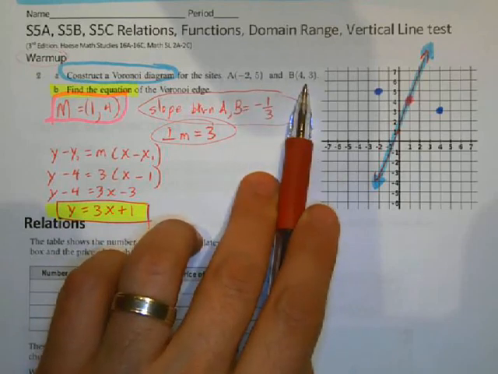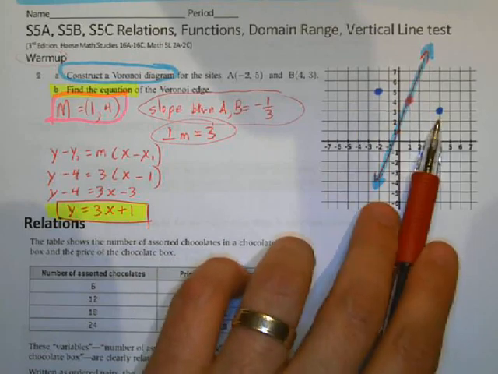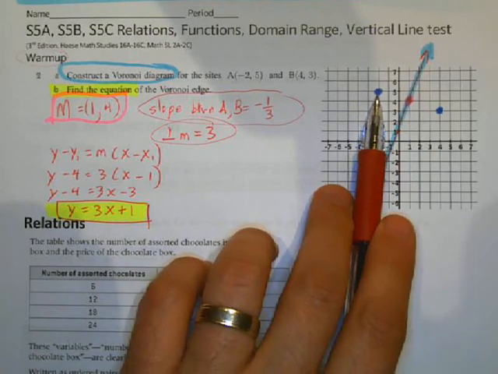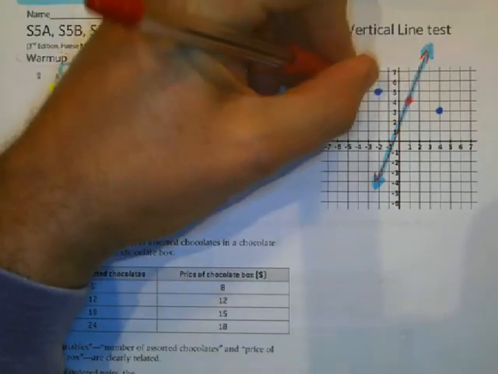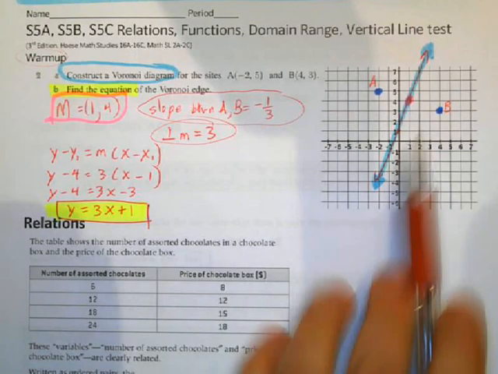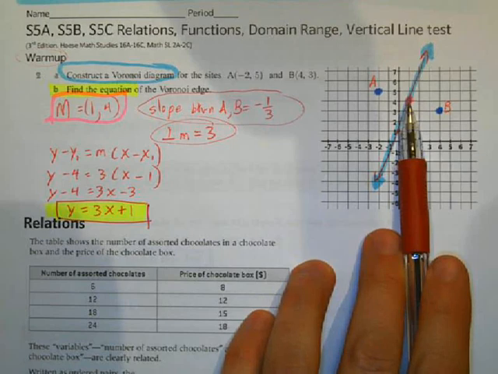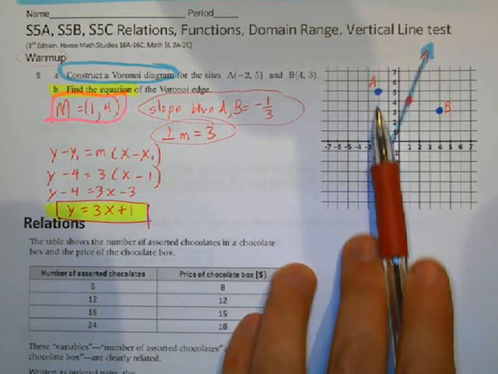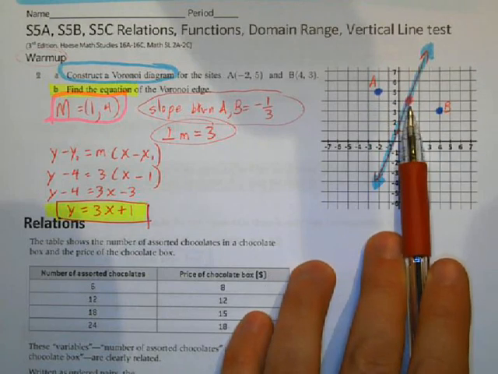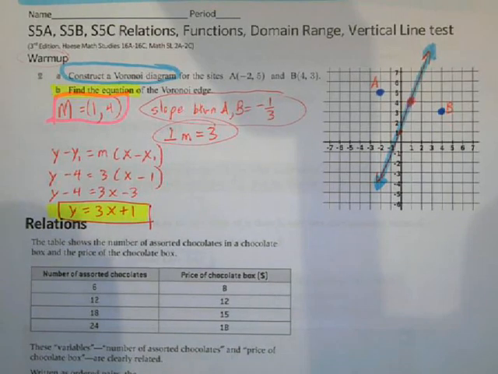So the very first thing I did was I drew the 2 points. Here is point A, and here is point B. Then the very first thing we do is we found the midpoint. So halfway between here and here is the midpoint. We can use the midpoint formula,